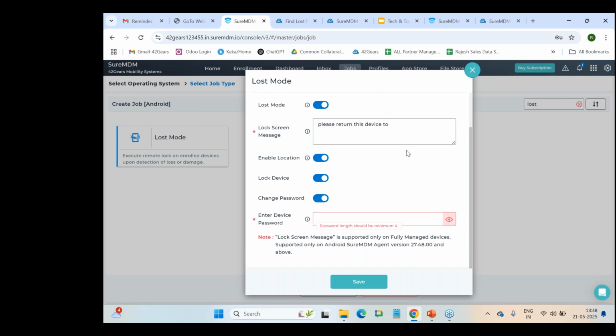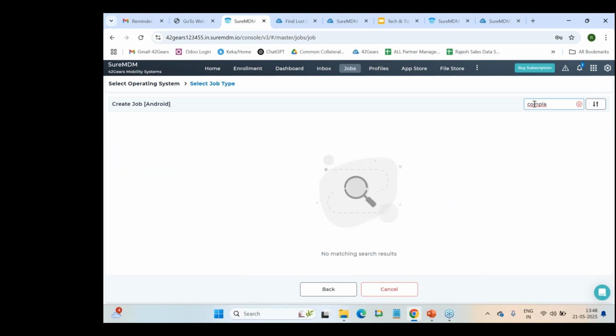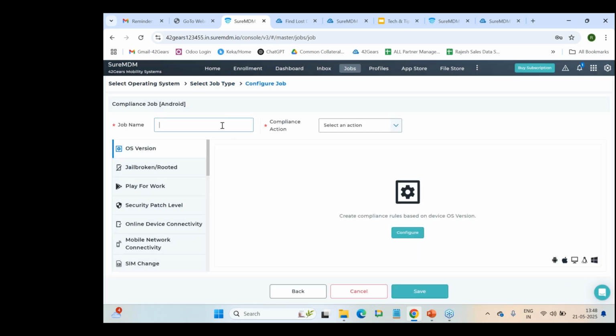But to do this, basically the device should be online. But there are some chances where the device is offline. So you guys might get a question: how can I put the device into lost mode when the device is offline? In that case, you can consider this as a compliance thing. So you will just click on the compliance job, wherein, to do this, you will go to online device connectivity, and you will create a job name, again, lost job,